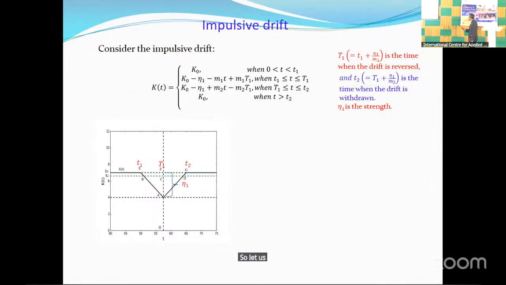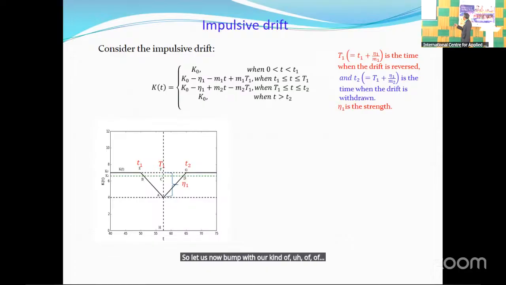So let us now consider a different kind of drifting parameter. We have considered the drifting parameter as an impulsive drifting parameter. So this is your drifting parameter. At is A0 till it process time